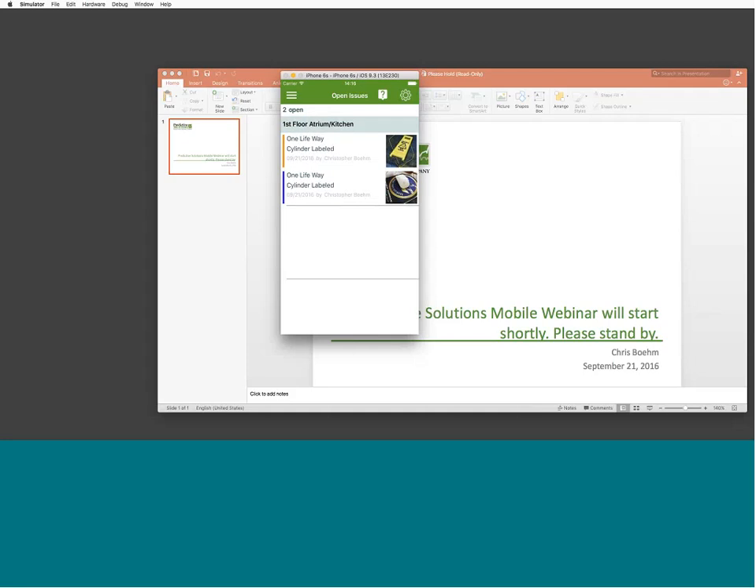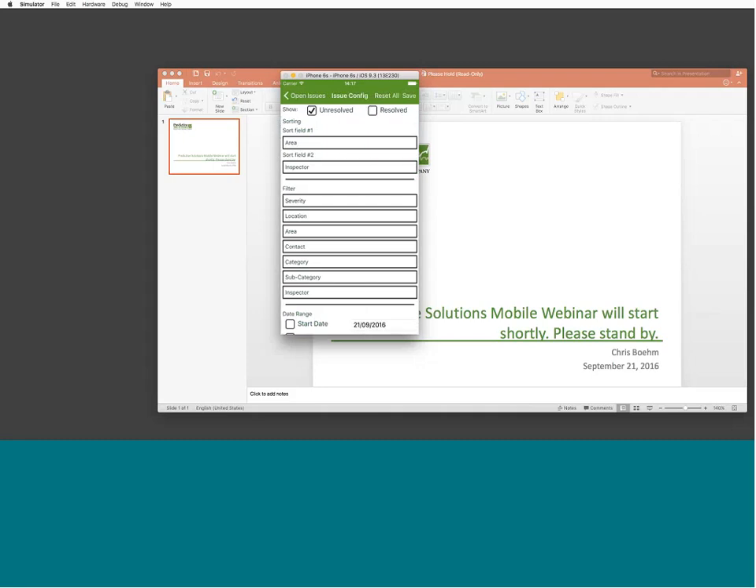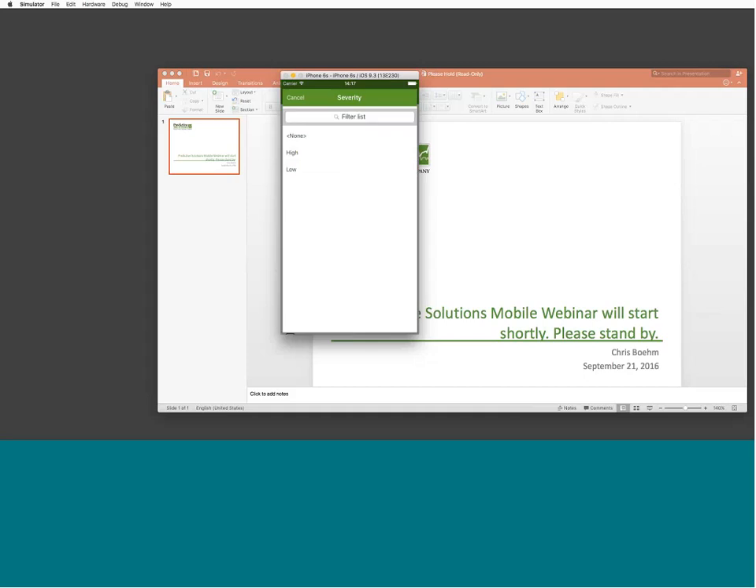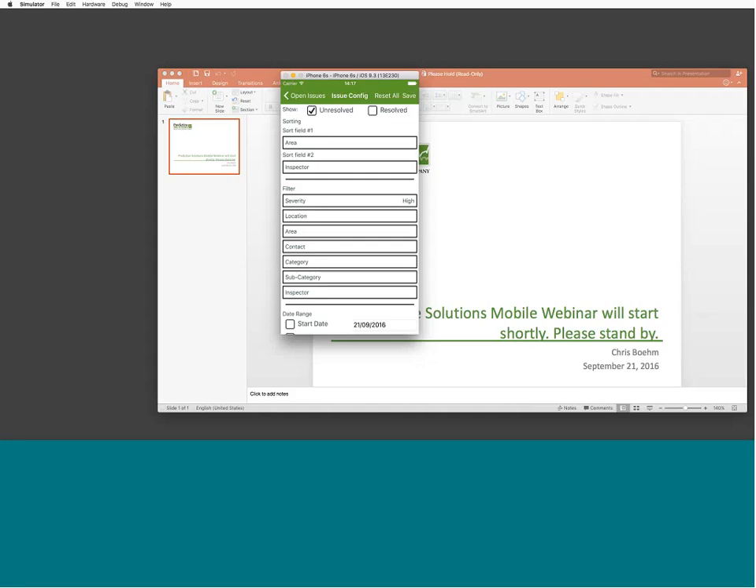I only have 2 of these here, but we can also filter our open issues list, so some of you might have a much larger list than I do here. So we can actually tap on this gear icon in the top right, and we'll have some options here. I'll tap on severity here, and I can choose high or low. But I only want to see the high severities. I'll select high, and I'll hit save,